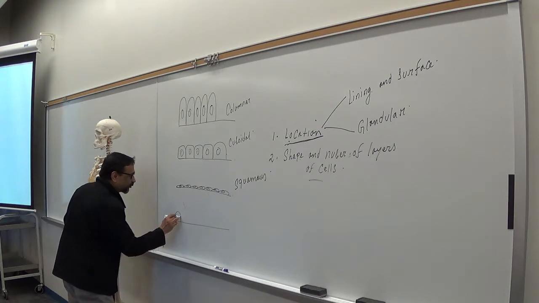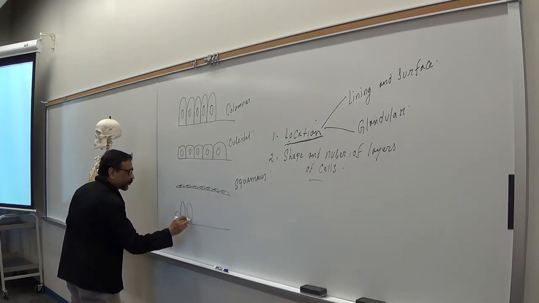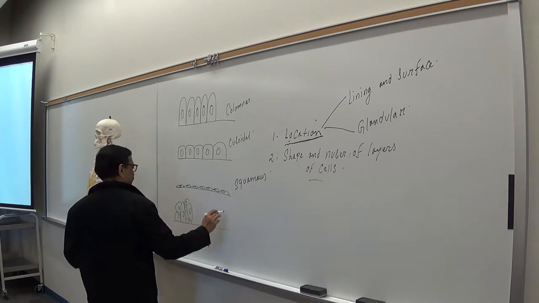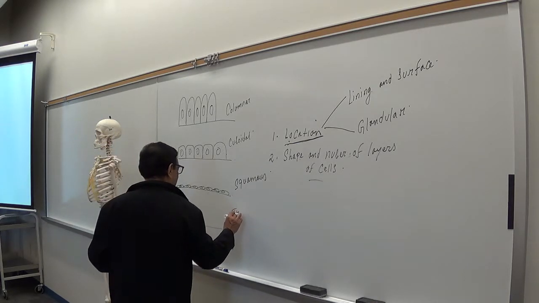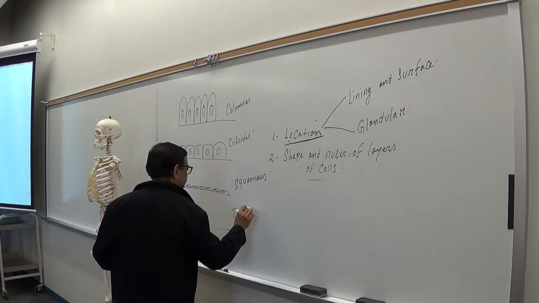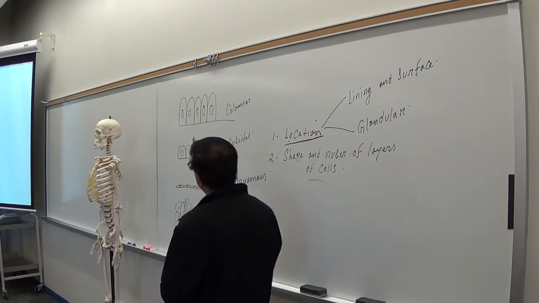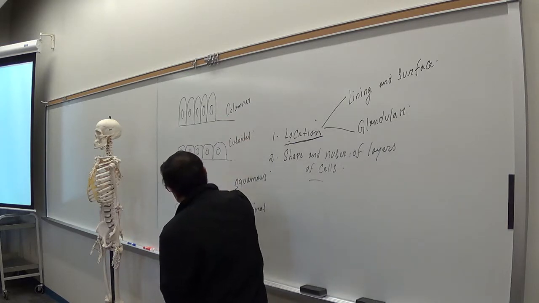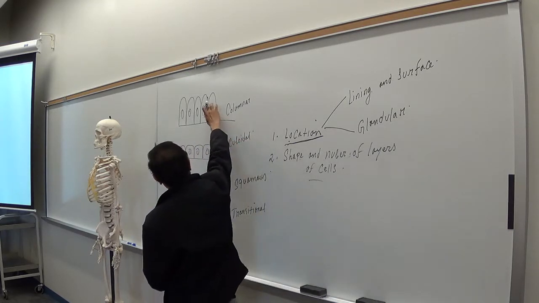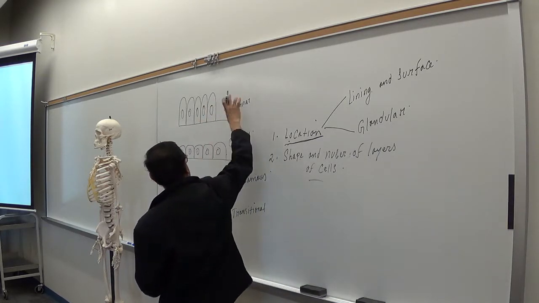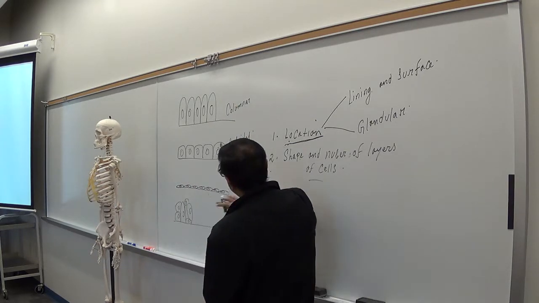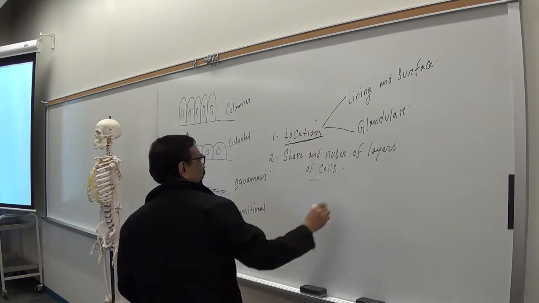So some are more cuboidal, some are columnar, like different, you'll see different types of cells there, and that is called what? This is called what? Transitional. Very good. Okay. So, this is by looking the shape of the cells. Columnar, cuboidal, squamous, transitional. Now, by number of